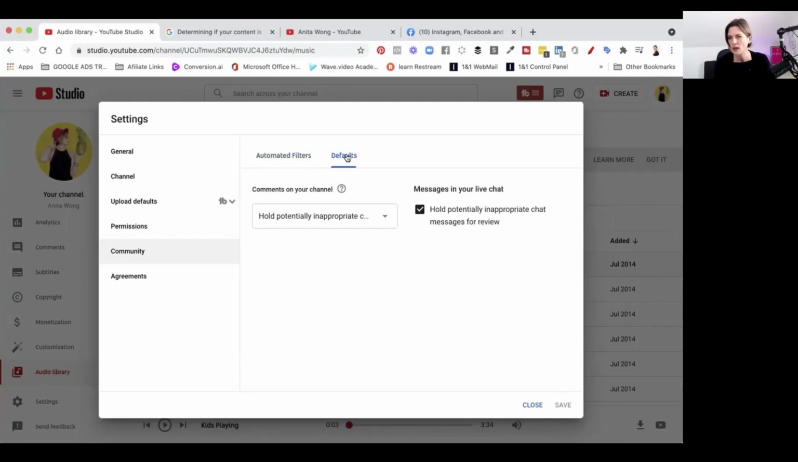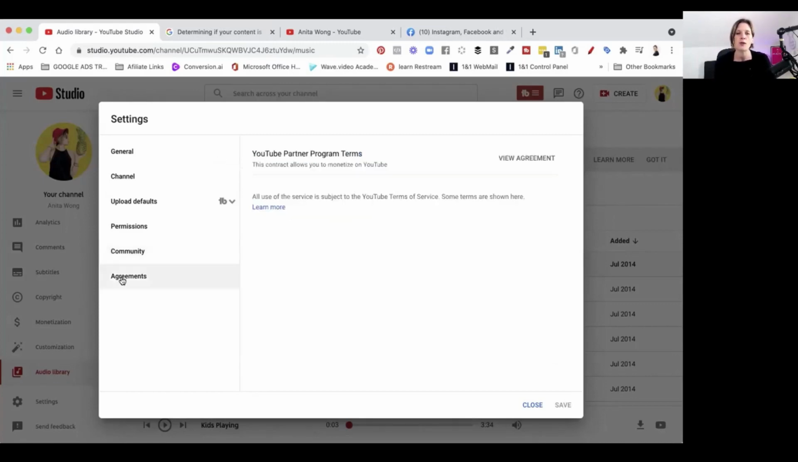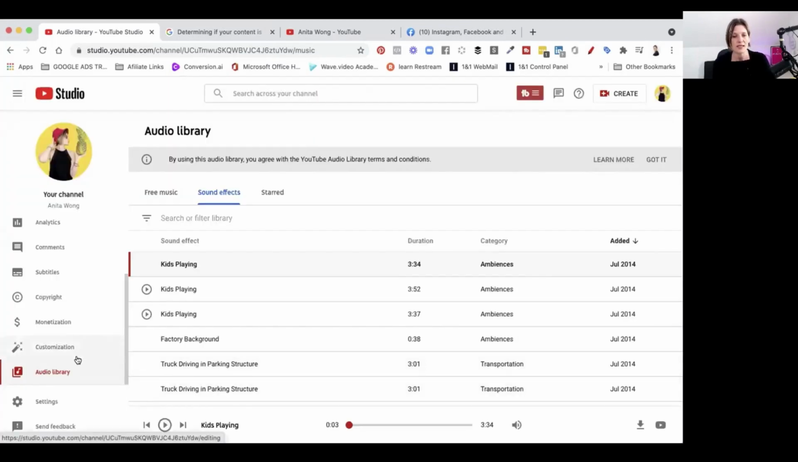Defaults, it just gives you some different things. I've ticked that, so I don't want inappropriate messages showing up on my live streams. Agreement is something that, I'm in the YouTube partner program because I monetize my account, so that's what you would see in there. So quite a lot of settings that you can have access to in here,